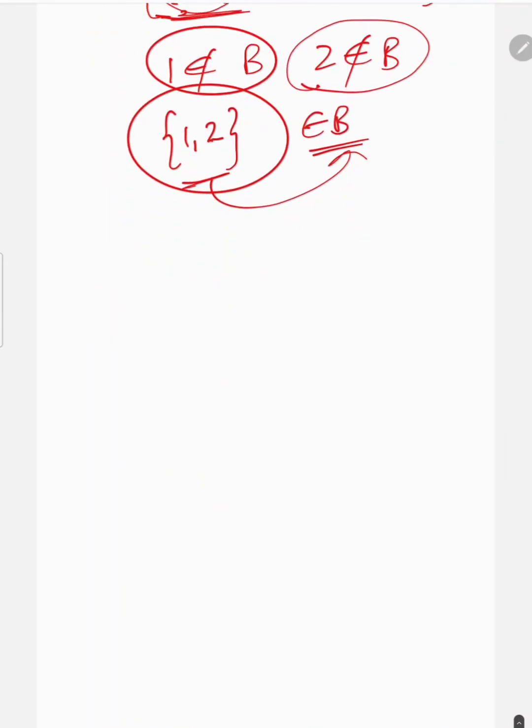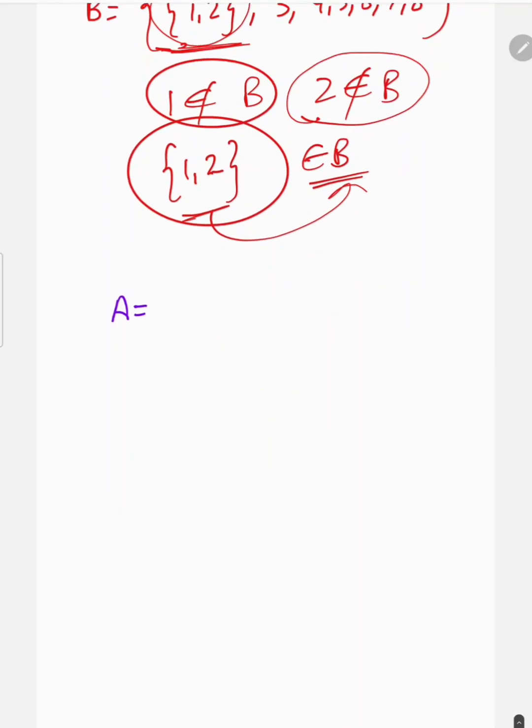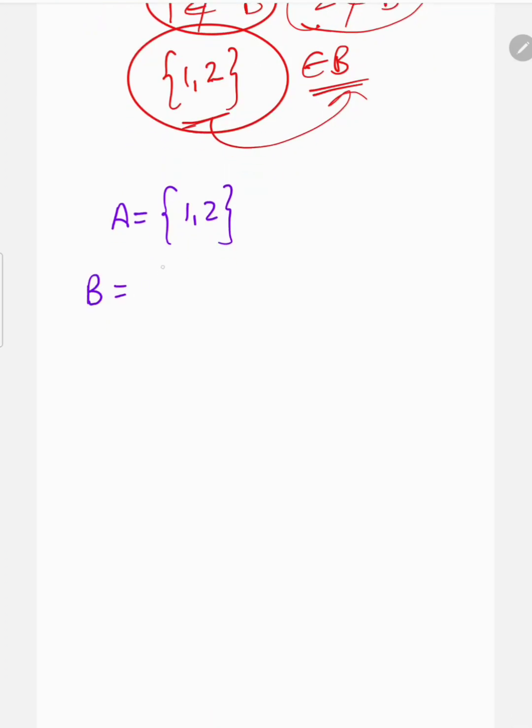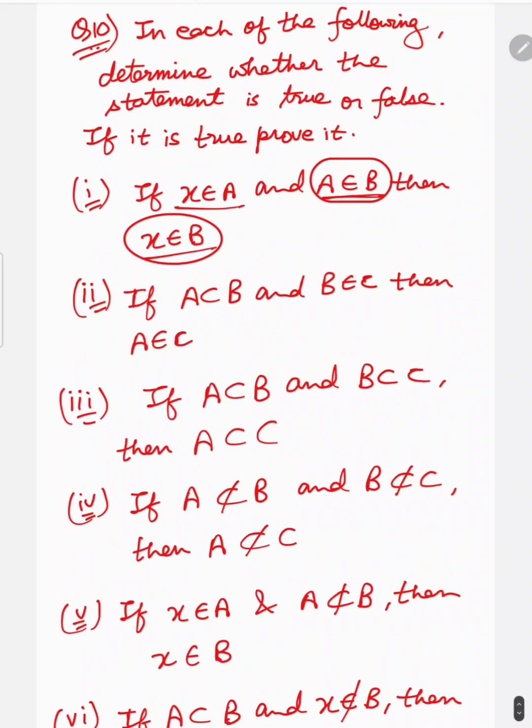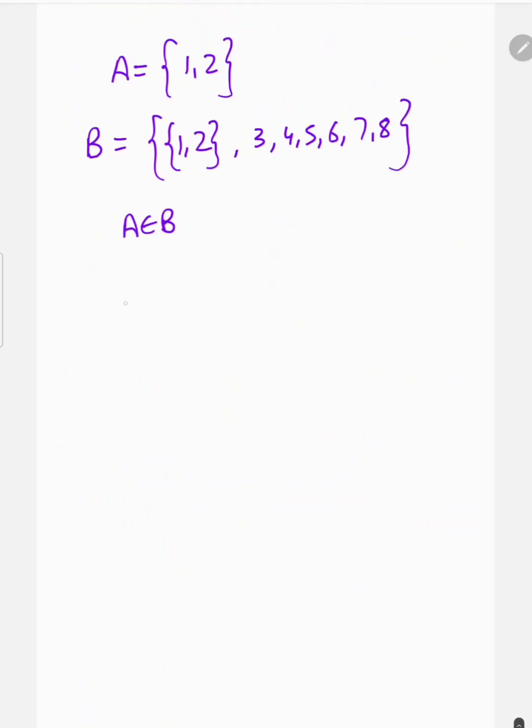Let's take the same example. A is equal to {1, 2} and B is equal to {{1, 2}, 3, 4, 5, 6, 7, 8}, as A belongs to B, as in the question it is said that A belongs to B. Now in the question it is told that X belongs to A. So taking any element from A, 1 belongs to A